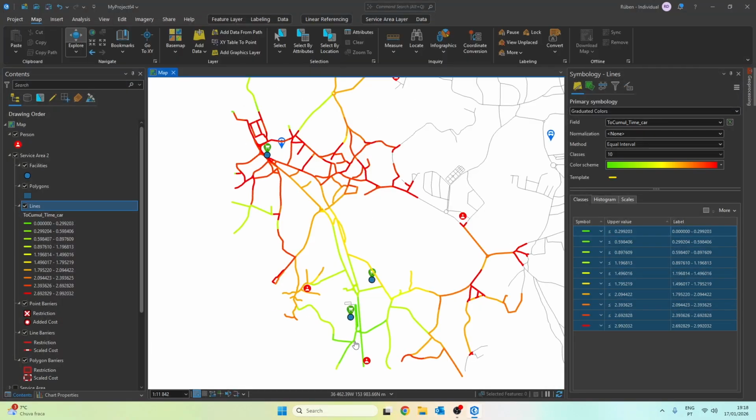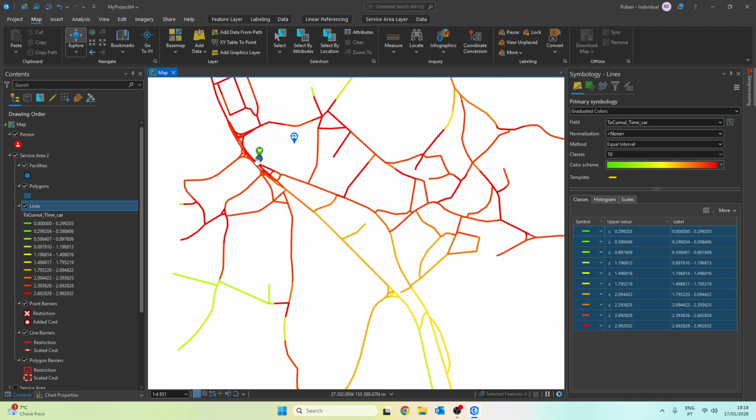Remember that earlier in the service area layer I left the overlap option enabled. So what's the issue with that? Actually, it's not really an issue. It always depends on the type of analysis each person wants to perform. By leaving overlap enabled, I'm telling the software that I want to run the analysis for each facility individually, rather than in a generalized way like we did earlier with the polygons. That's why we can see red lines here, even though they are practically on top of the supermarket.